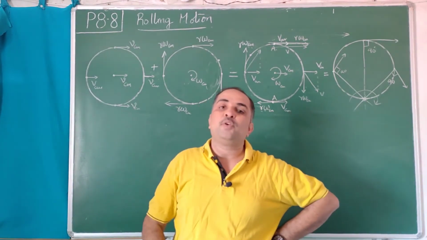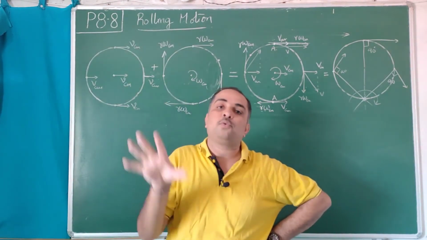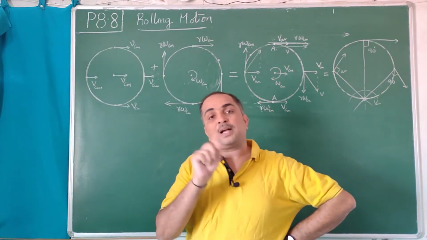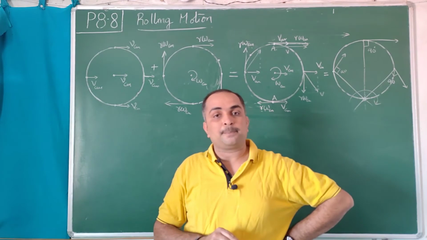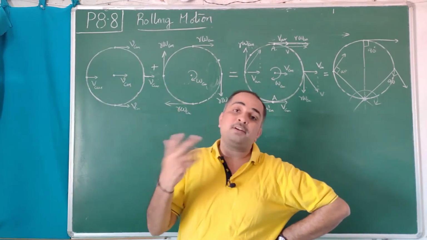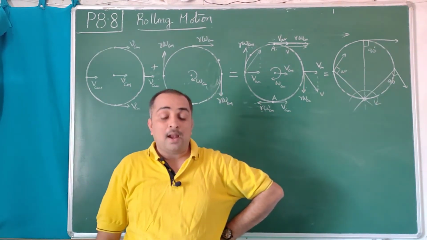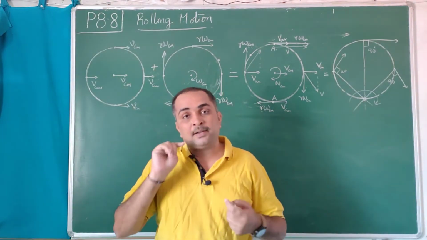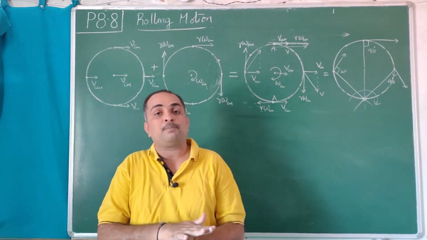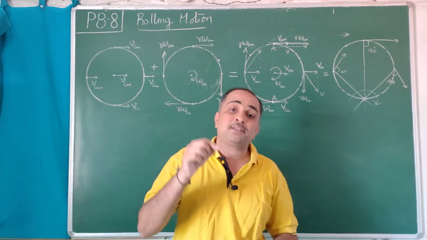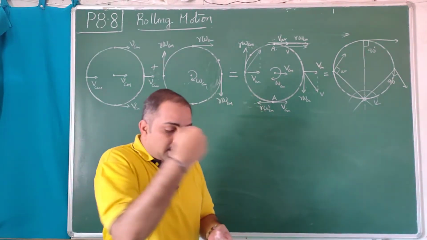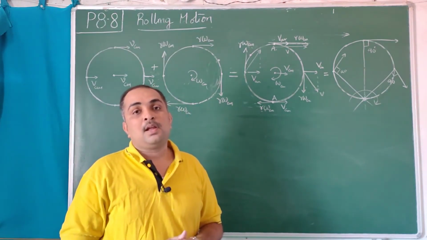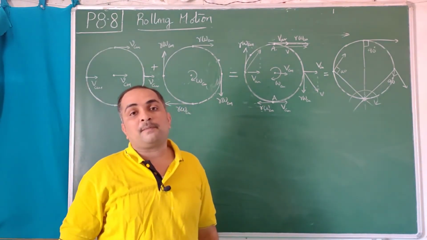Those centers will be moving at 60 kmph along with the full body of your car and yourself. But every point on the wheel of the car will have different velocities. Directions will be different, magnitude also will be different. And on the tire, every one of the 4 tires resting on the floor, even though the car is moving at 60 kmph, the points which are coming into contact with the road will come to rest.